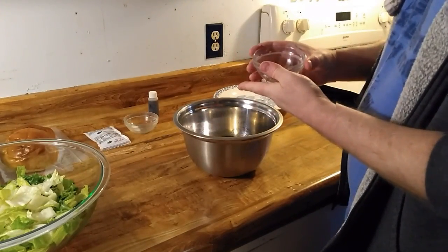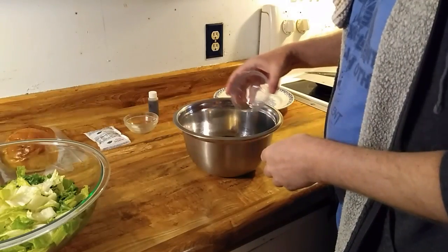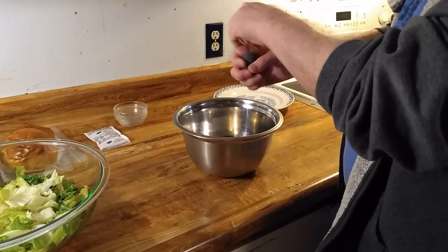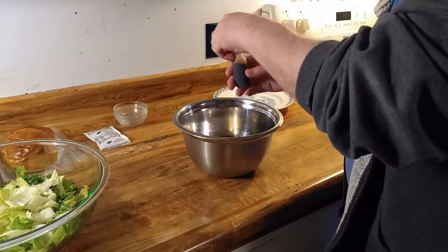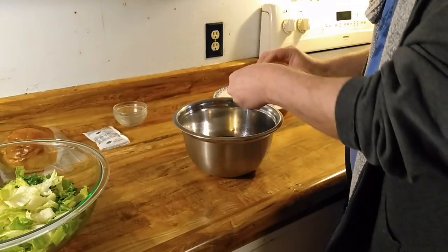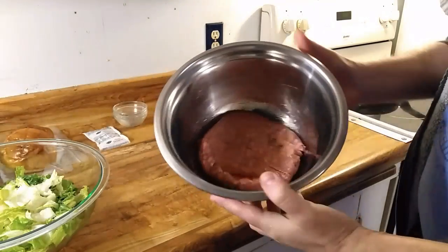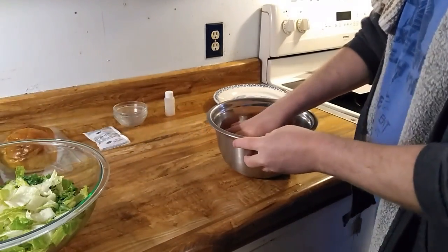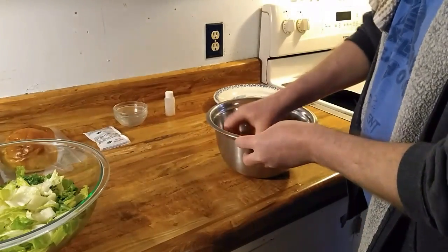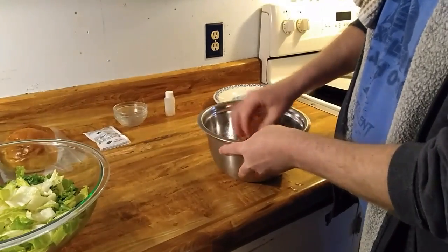And a pinch of pepper. And then ponzu. No, yes, ponzu. Okay, so that's our mix right there. We got it all mixed in there with the sauce and the pork. It seems way wetter than I thought it would be. But let's go ahead and...